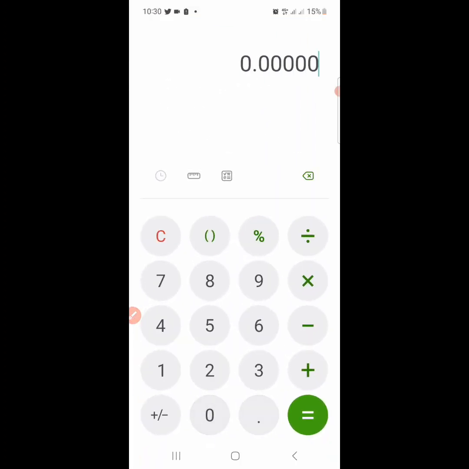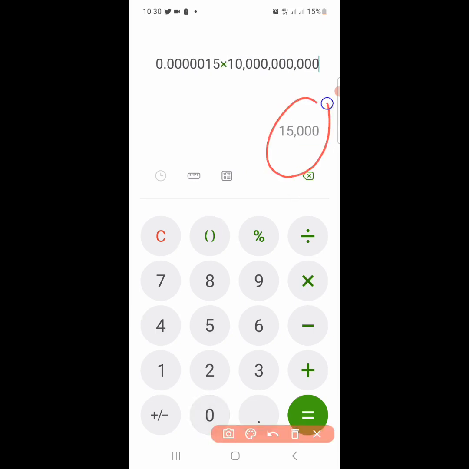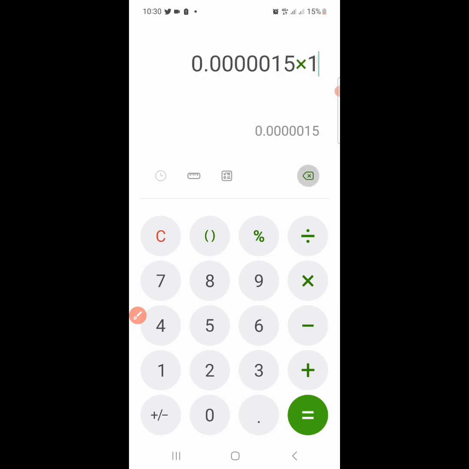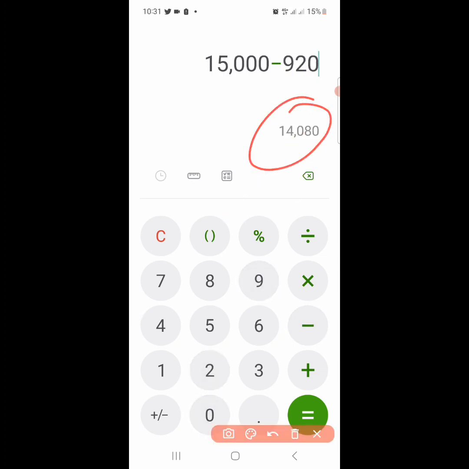Let's say the current price is this price times the 10 billion I bought. That will be my wallet value presently, minus the amount I bought it for. I'm having $15,000, minus $920, so I will be making a profit of $14,000